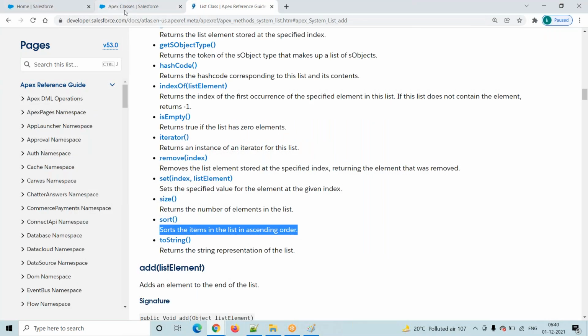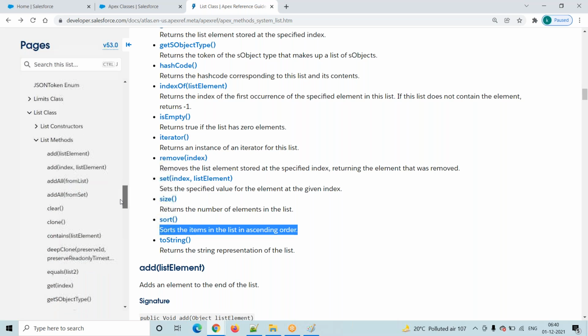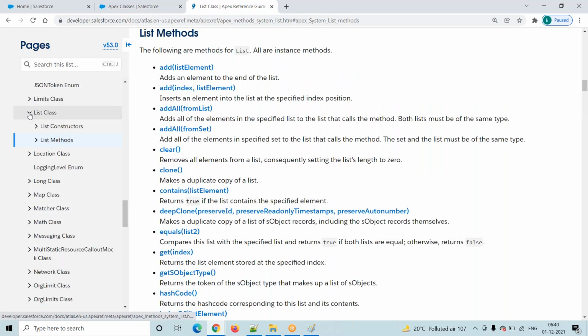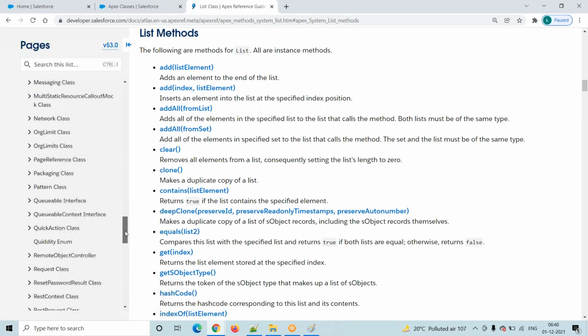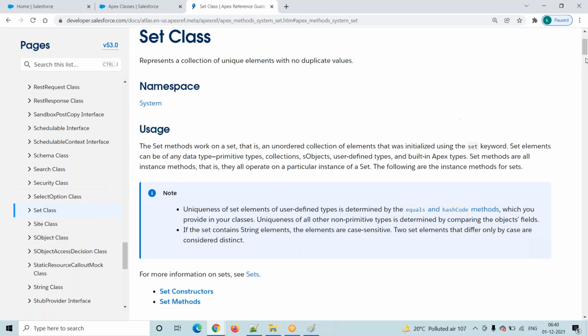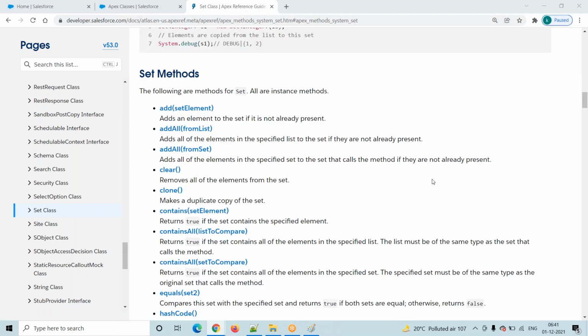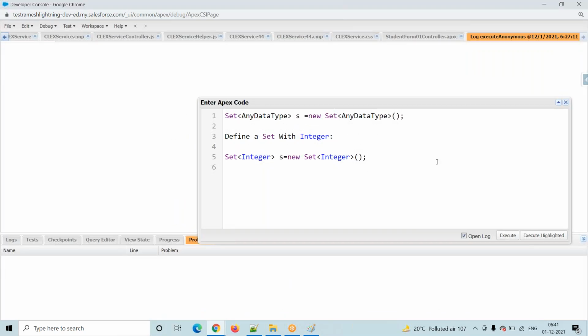Go to Google and search for any set methods. Set is an Apex class, right? Go to here, it is set. This is a list. Okay. See here, the set class is there, right? This is the developer guide. See, these are the same set class methods. Set methods are there. Based on our requirement we will go and use them.